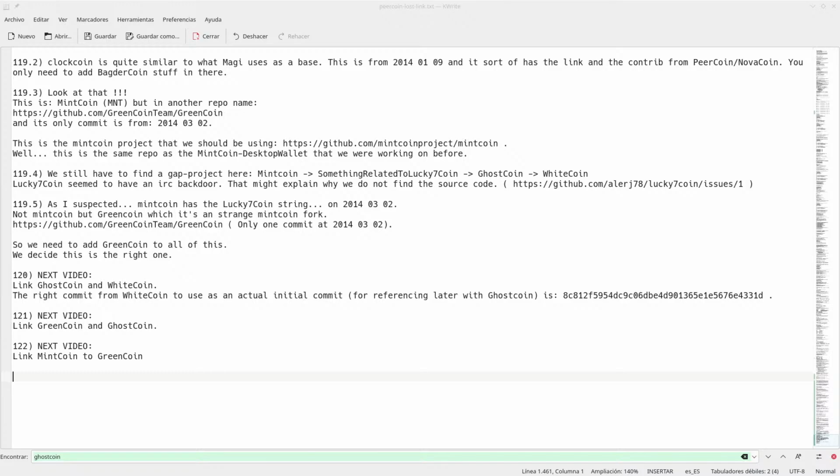So Greencoin only had one actual useful commit, but I think I needed it as an intermediate state so that the link with mint coin was easier. So what we have here is Greencoin to be